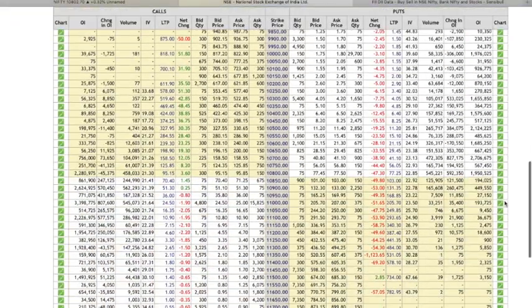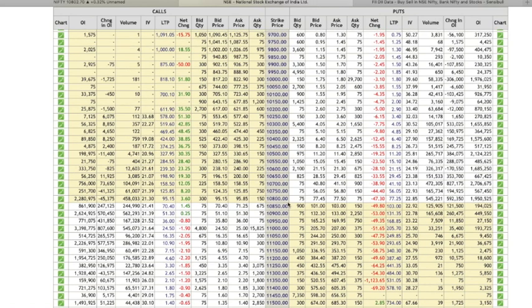So if we look here, roughly at 10,800, we can see that there is a build-up, there is a change in open interest. Open interest is basically the number of contracts which the option seller opens. So basically, the change in open interest means that almost 600,000 more contracts have been sold by the option seller. And subsequently, we can see the volume is again more than 500,000. What this tells me is that option sellers are very bullish, which means they expect Nifty to hold above 10,800 and go to the higher levels of 10,850, 10,900, 10,950, etc.